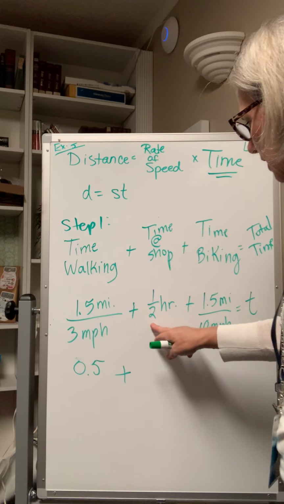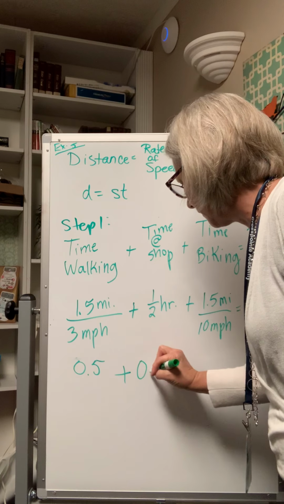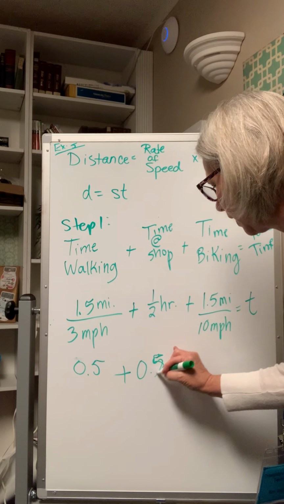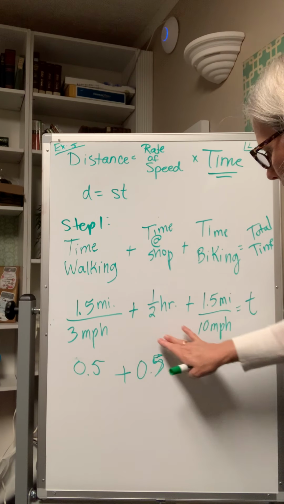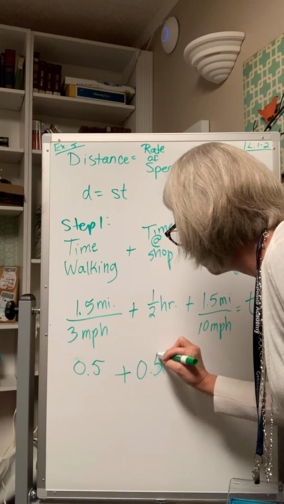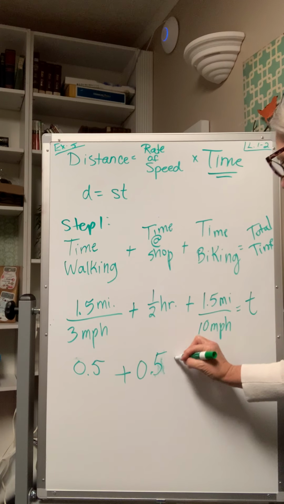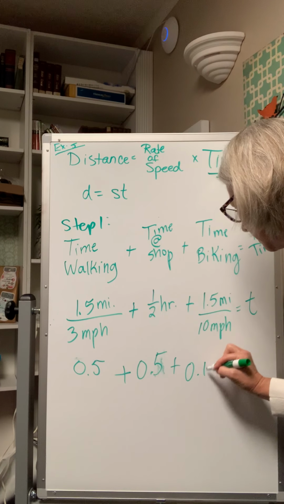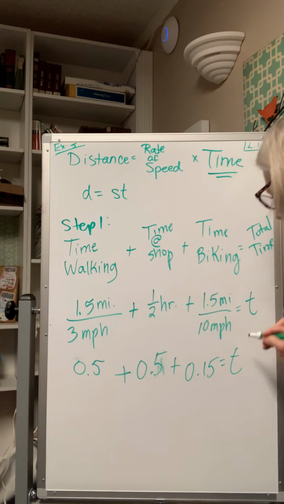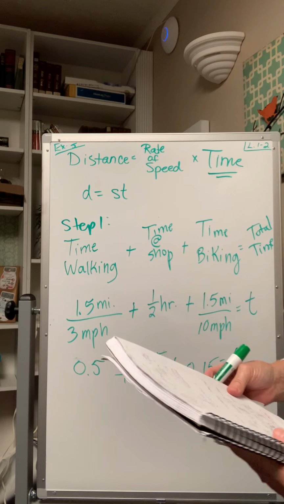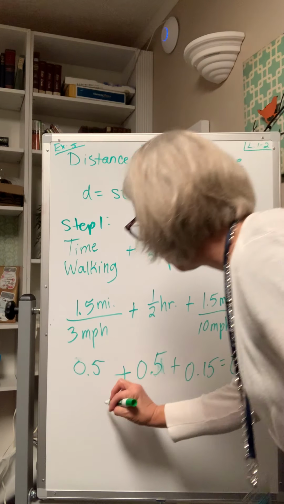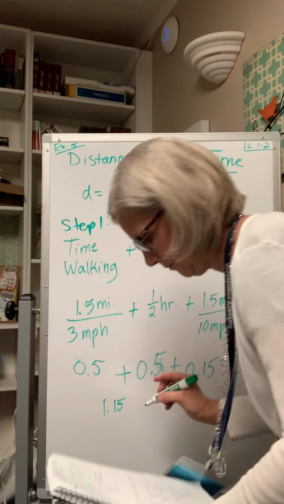So we're going to change the 1/2 to 0.5, and that's very messy. I'm sorry, I meant to say we're dealing with decimals. All right. And then if you do 1.5 divided by 10, you're going to get 0.15, which equals the time that she traveled. Now, if you add all of these up, you're going to get 1.15